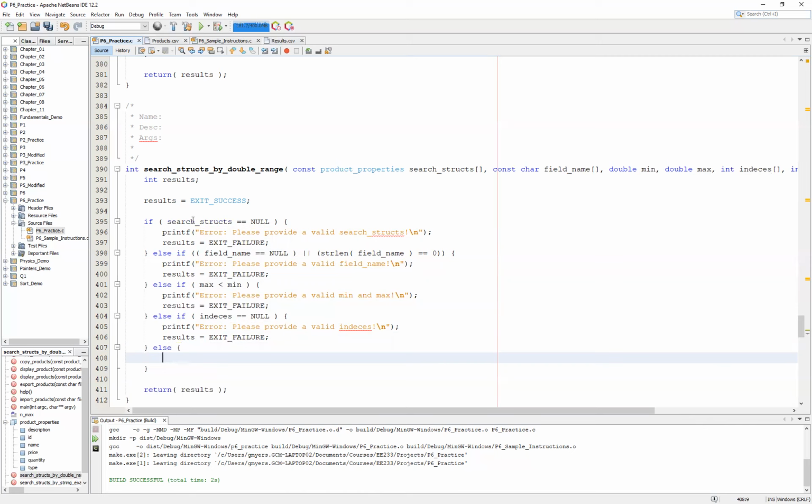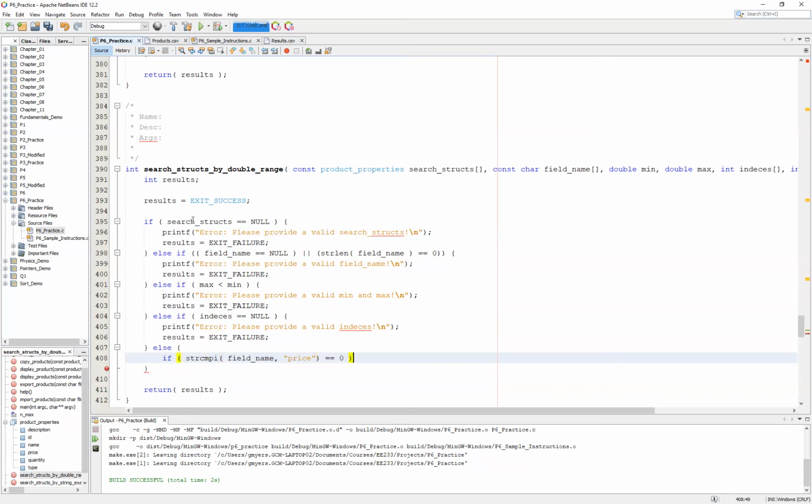Now, under our else branch is where we want to handle the additional values. And so what we want to do is look at the field name and verify that those field names are in fact part of our structure. And so we'll systematically and regrettably hard code these for this example. There are ways that you can get around some portions of this hard coding and redundancy. But for this example, we're going to check, again, using string compare I, that our field name,